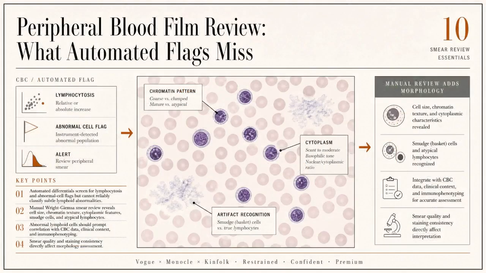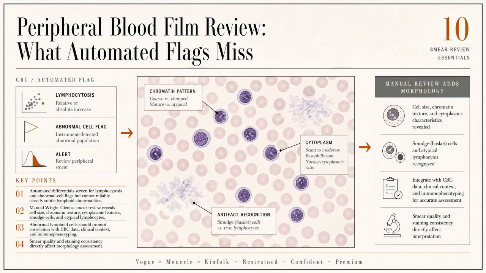As we transition into the critical topic of peripheral blood film review and what automated flags may miss, it is essential to appreciate the integral role that manual microscopic examination continues to play in hematopathology and histotechnology workflows. While automated hematology analyzers have revolutionized laboratory efficiency by rapidly generating complete blood counts and differential leukocyte counts, their capabilities have inherent limitations, especially when it comes to detecting subtle morphological abnormalities. This gap underscores the necessity for skilled manual review of peripheral blood smears, a process that remains indispensable for accurate